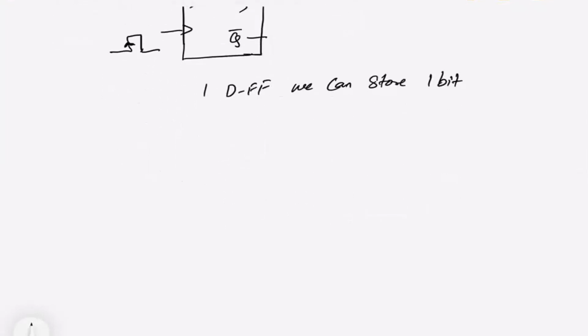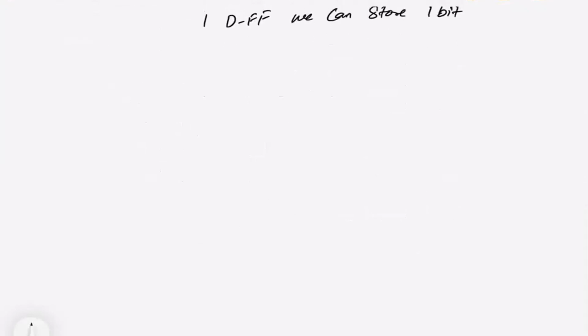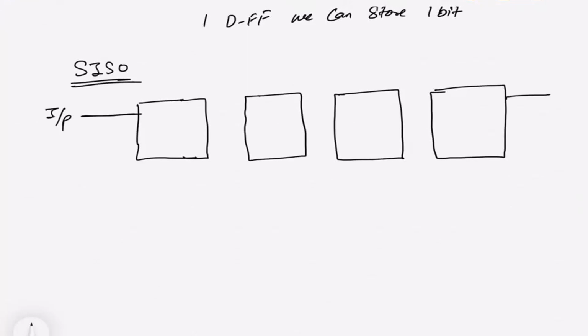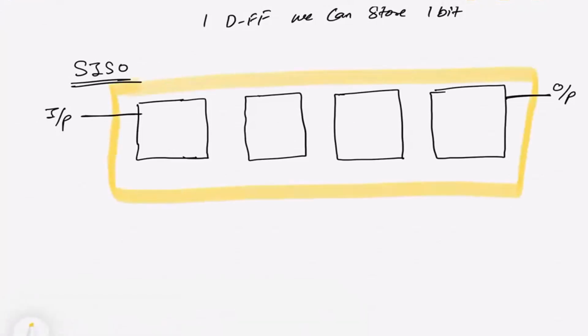So I already told you that for storing n bits, you need n flip-flops. Let's see how we can configure those n flip-flops so that we can store n bit data. So for 4-bit storage, we need 4 D flip-flops. Okay, and since we are discussing SISO, that is serial in, serial out, you have only one terminal for input and only one terminal for your output. And from those single terminals at the input side and output side, you can give data to this whole element. Okay, this whole thing is known as a 4-bit register.